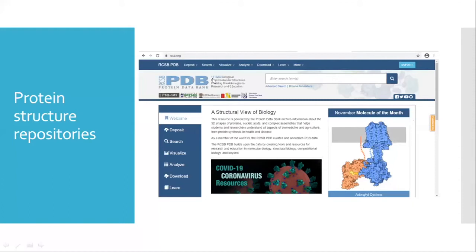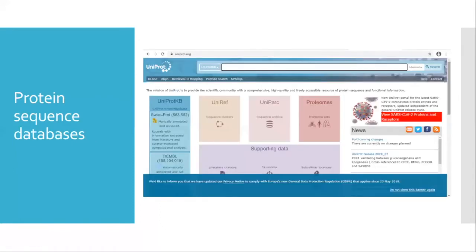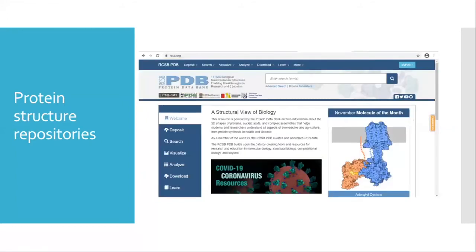Here we have around 1,71,000 protein structures. If you see the differences, we had almost 5 lakh protein sequences with experimental evidence, and in the structural case, we have only 1 lakh.